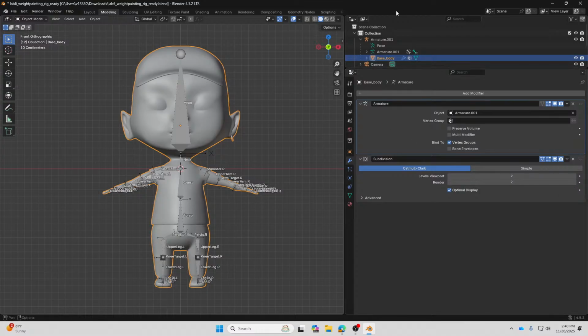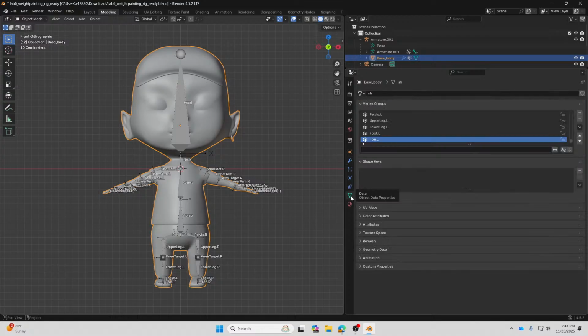And now in the vertex group, which is inside the object data properties over here, you should be able to see all of the vertex groups with the corresponding names of the bones.